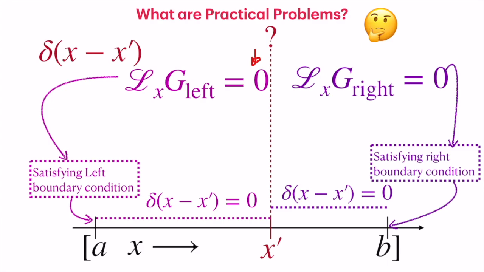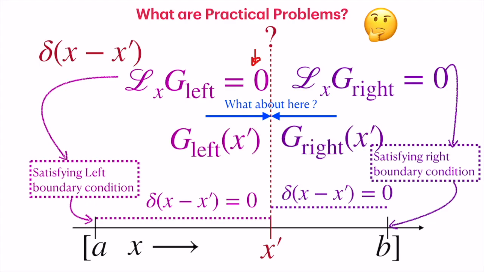Now we have done solving in these individual domains. Now we have to look at what happens at x equal to x prime. This is what we should be worrying about, because everywhere else the problem seems to be solved. Clearly we want both solutions to match at x equal to x prime. That is, we want g left of x prime equal to g right of x prime. That is, the limit coming from the right hand side and from the left hand side should have the same value so that the function smoothly matches at x equal to x prime.